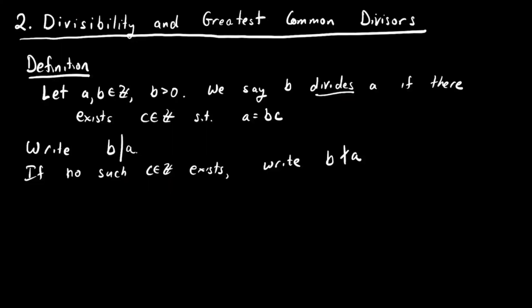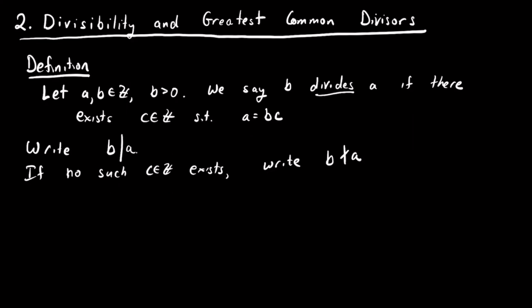In this video, we review the notion of divisibility and greatest common divisors. So divisibility is really just a special case of the division algorithm from the last video. It's namely the case when the remainder is equal to 0. So first we'll define what it means for a number to divide another number, or rather an integer to divide